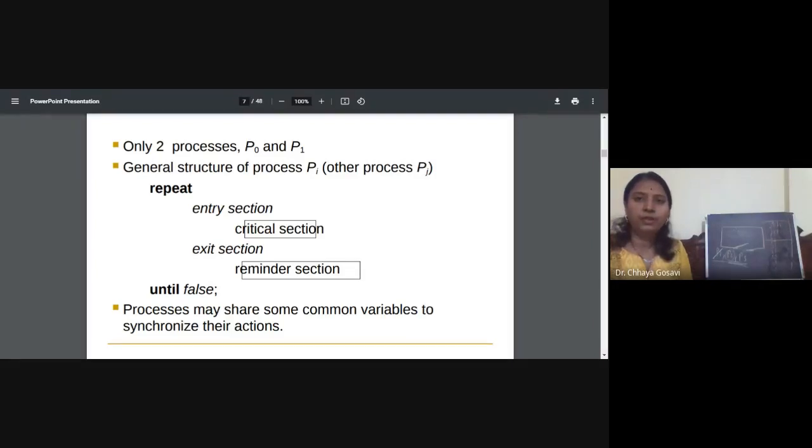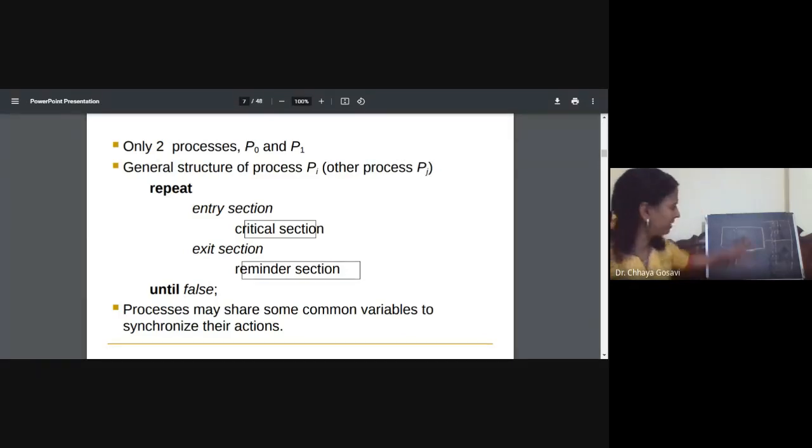So we have only two processes, P0 and P1. How do you ensure that only one process at a time will enter the critical section?